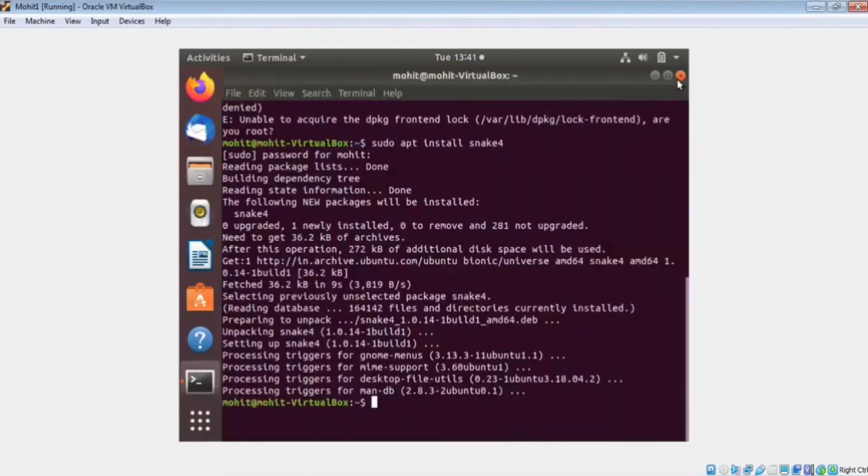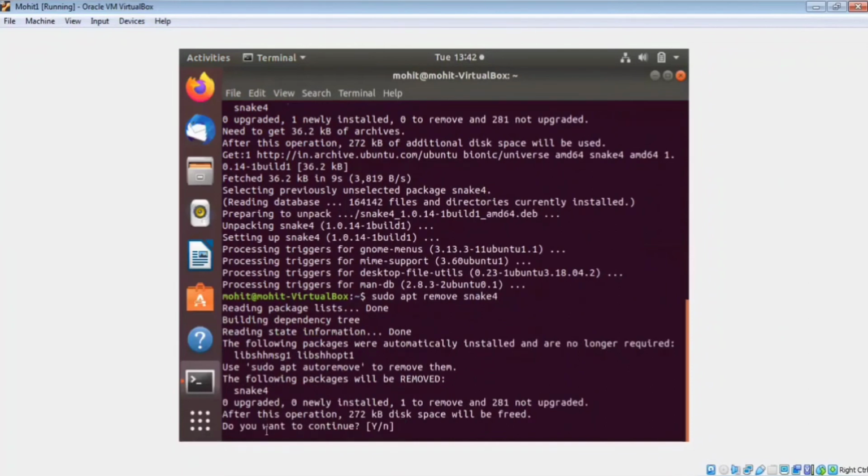Just close this game and type sudo apt remove snake 4.